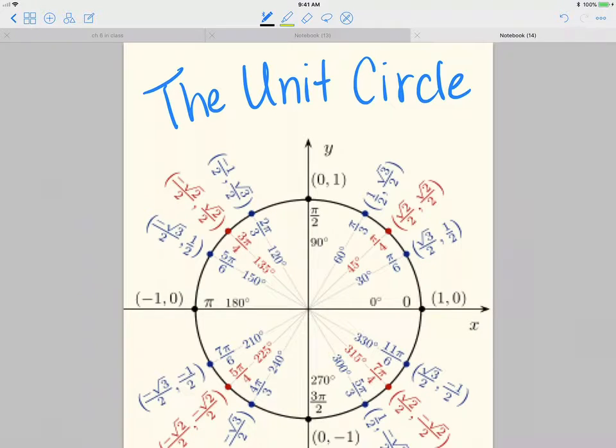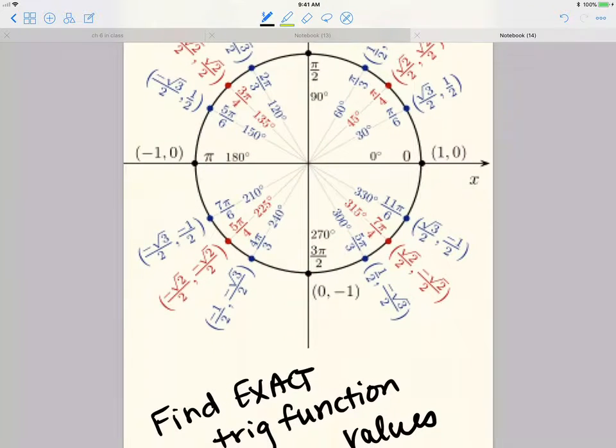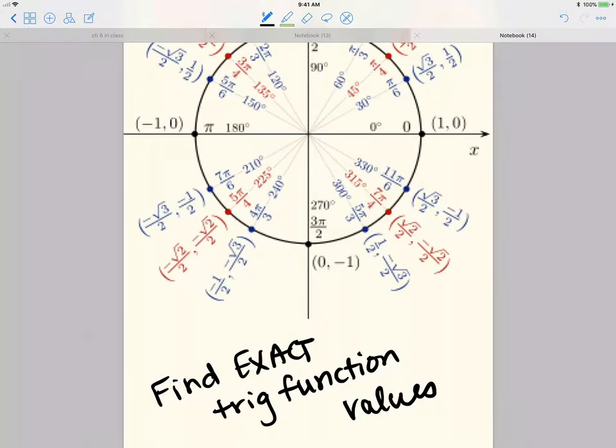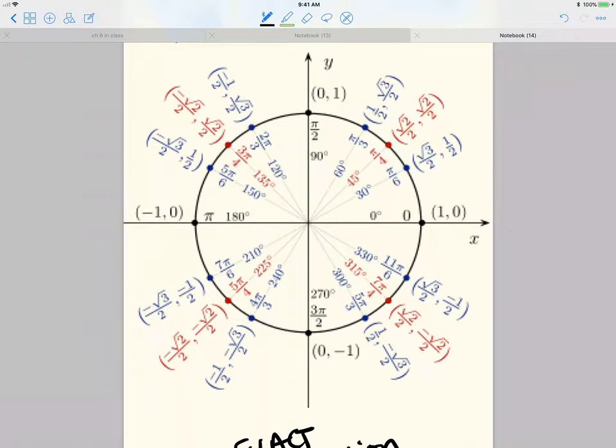So here are a few examples on using the unit circle to find exact trig function values. While the calculator can find your sine, your cosine, your tangent of a degree or a radian, you have these exact values that come from the unit circle or any of the angles that have reference angles for these, negative angles, positive angles, even taking the angles and wrapping it around a couple of revolutions. So you have to understand where the given angle lives on the unit circle, and then you can pull from